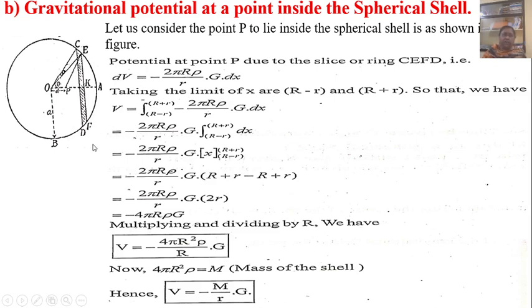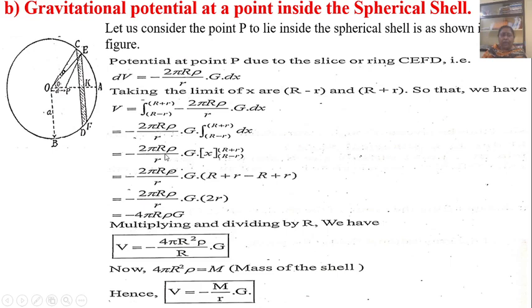this slice or ring of the spherical shell has potential dV equal to minus 2 pi r rho upon r into G into dx, taking the limit of x from r minus R to r plus R, so that we get V equal to the integration of minus 2 pi R into rho upon r into G into dx, integration varying from r minus R to r plus R. So V equal to minus 2 pi R into rho upon r into G, integration of dx, varying from r minus R to r plus R, equal to, after integration, we get